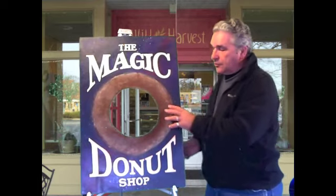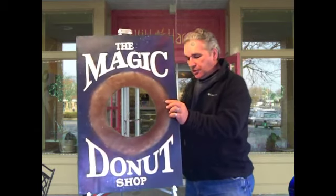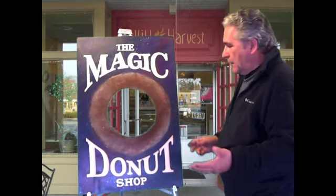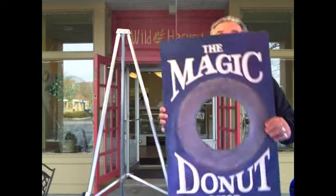So think about this. How many businesses could set up a camera that's hooked to a computer and take a picture of somebody with their arm going through it, because it is magic, or if they want to, they can actually take it off and put it over themselves, and have their picture taken and print the picture out for them, and the only advertisement cost is the cost of the print and the person taking the picture. That's pretty inexpensive. And what's going to happen is they get to put this on YouTube or Vimeo or whatever they want, with every time they take a picture of somebody with the person that's holding the sign as advertisement,